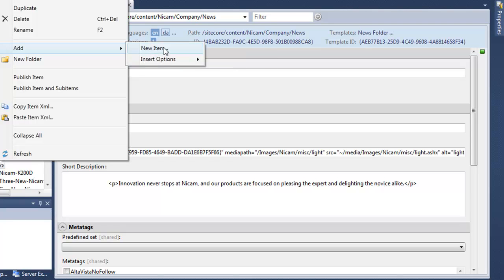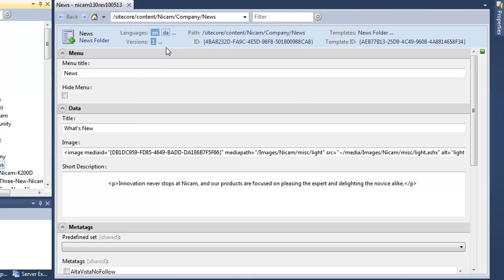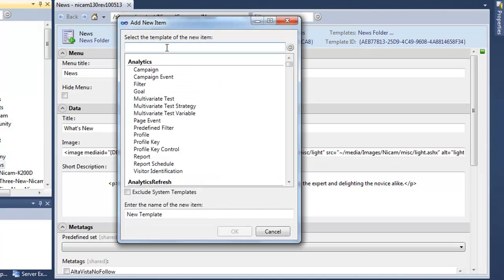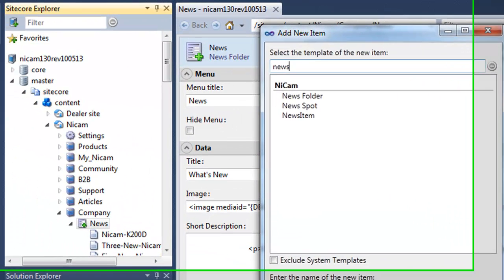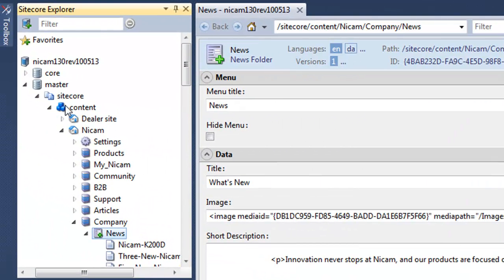But let's assume I wanted to add some other item. This would be items from templates. Again, it makes it very easy for me to search for specific templates simply by entering part of the text or the template name in the structure. Filtering does apply to the entire structure. So if I want to search for